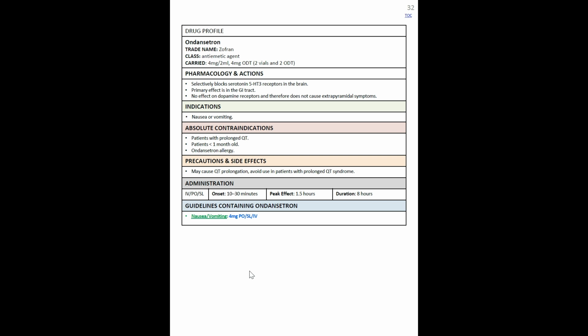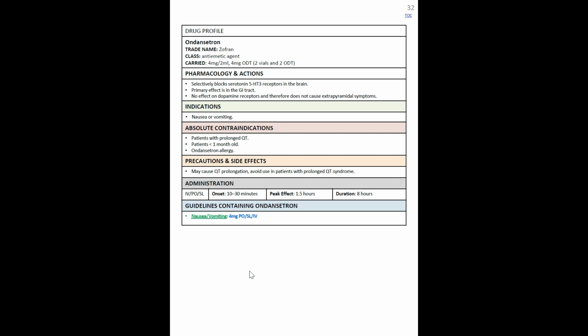Just remember oral dissolving tablets. If they're really vomiting a ton, I would probably not choose the oral dissolving route and go for a different type of route other than oral ingestion, because the patient may just throw that right up if they ingest that medication. So, some contraindications with the patient are patients with prolonged QT intervals, patients less than 1 month old,